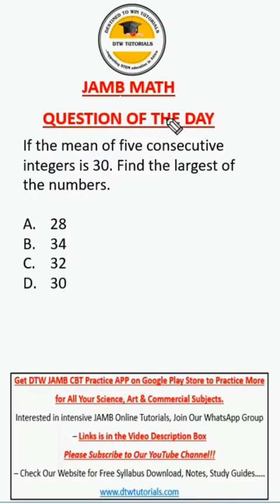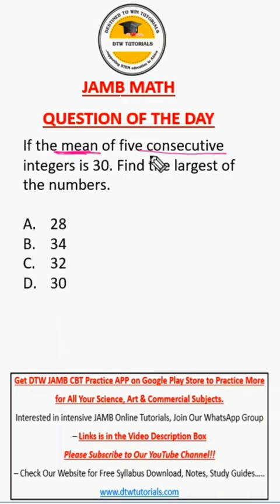Let's look at this JAMB math question. It says if the mean of 5 consecutive integers is 30, find the largest of the numbers. Now, there are two things here: mean and consecutive integers. Remember, consecutive numbers, consecutive integers. When we're finding unknowns,